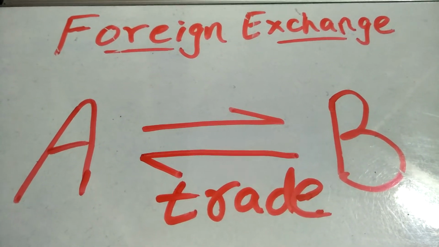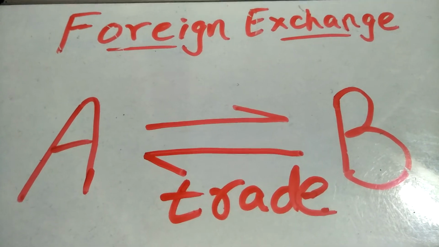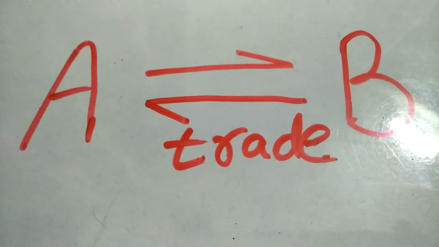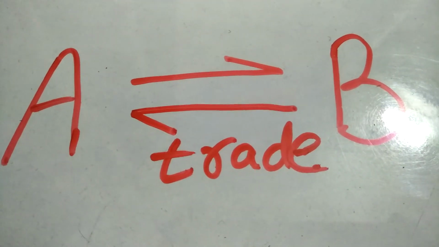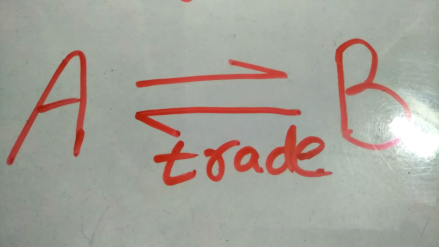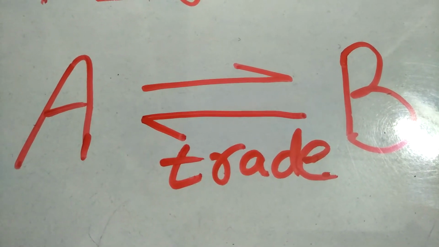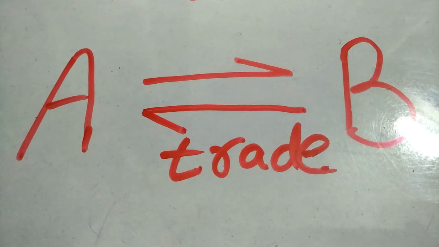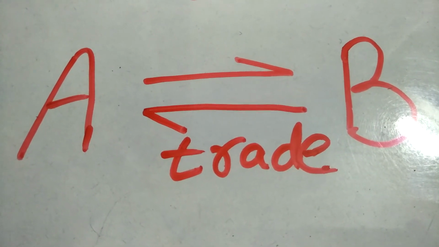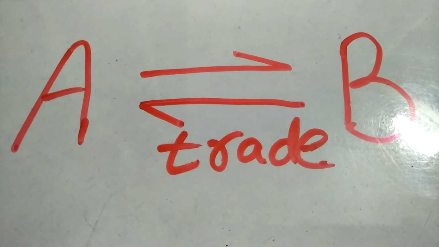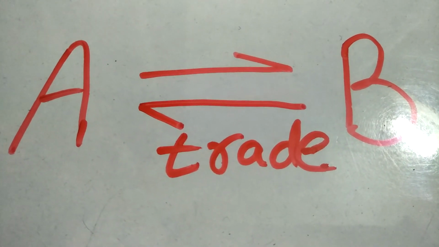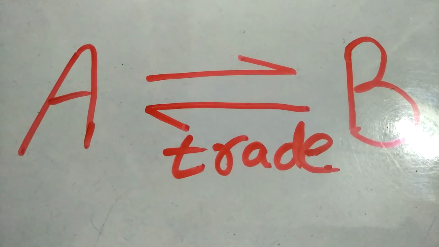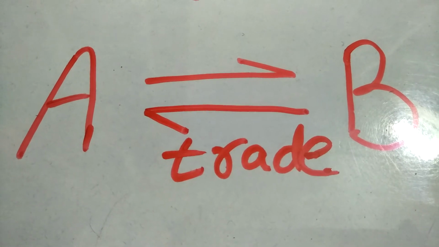Let's begin. To understand foreign exchange, it is essential to understand the need for it. For instance, let us assume that A and B are two parties located in two different countries. One of them is an exporter and the other is an importer. Say A is the exporter. If A sends the material to B, B in turn will have to make the payment to A. But here the question arises: which currency should B use to make the payment?